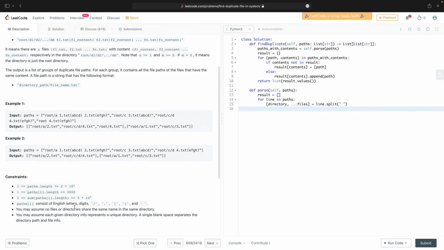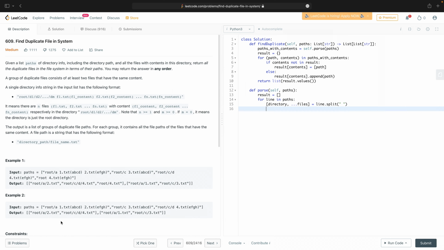Paths consists of the... you may assume each given directory info represents a unique directory. A single blank space separates the directory path and the file info. I'm assuming you cannot have spaces in file names here, otherwise the paths would be completely ambiguous, which is a nightmare. So then